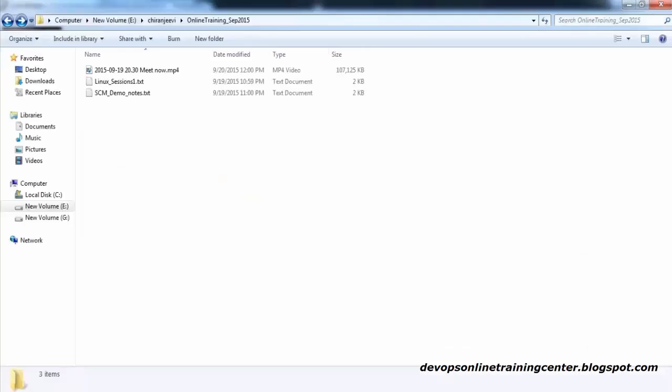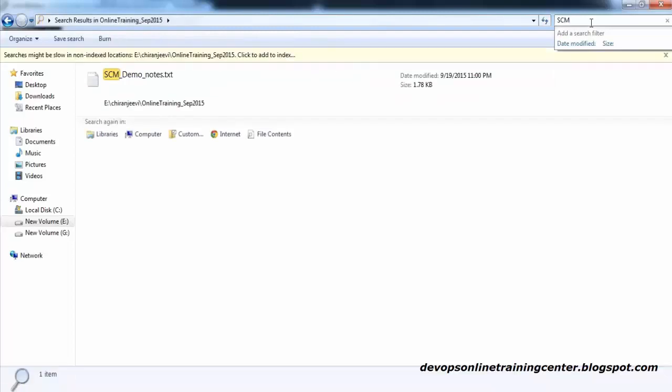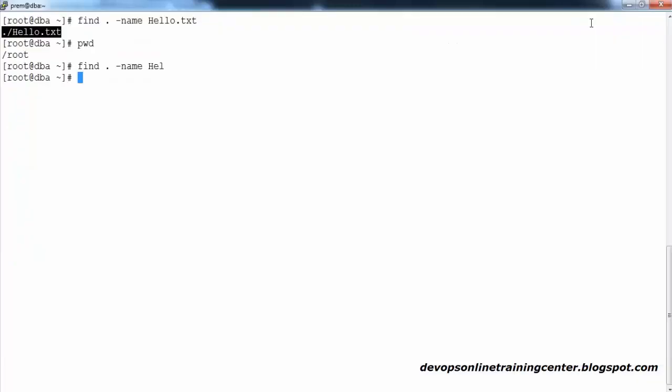But in Windows, if I type something like SCM, three characters, it does a kind of pattern search, where it automatically recognizes these three characters in the list of files. If it appears, it will display it. So if you want to do that kind of search, you have to make use of the wildcard character. For example, star is a wildcard character.